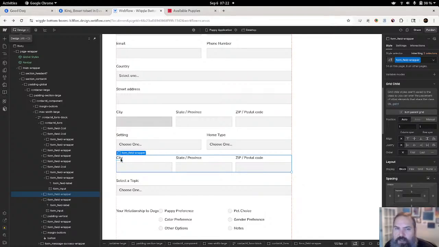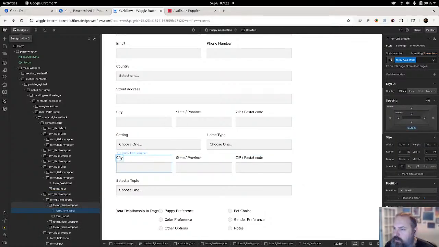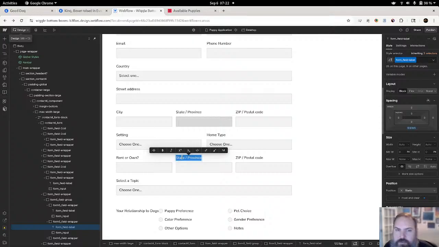And what we have here is going to be rent or own, and then landlord allows pets.